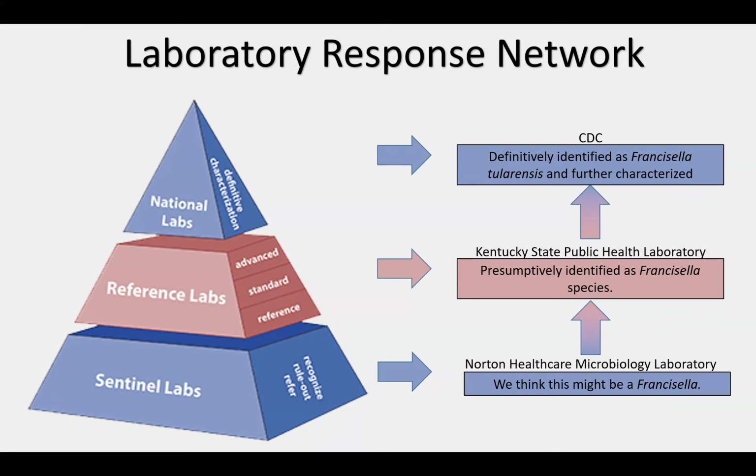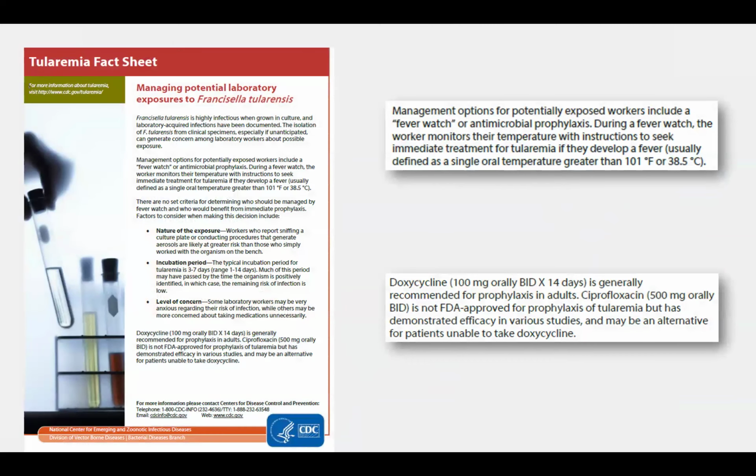And sure enough, it comes back. It hasn't officially, believe it or not, it hasn't officially come back from the CDC yet. We still say that this is Francisella, and the state agrees with us. CDC is being really slow about this one. But yes, it's Francisella. So once we know we have ourselves a Francisella, then we have to start looking at